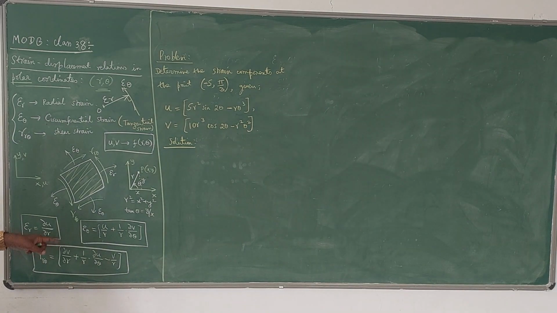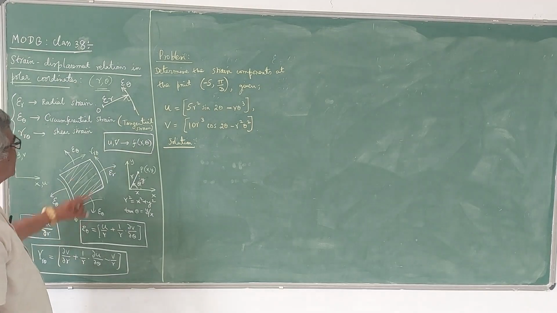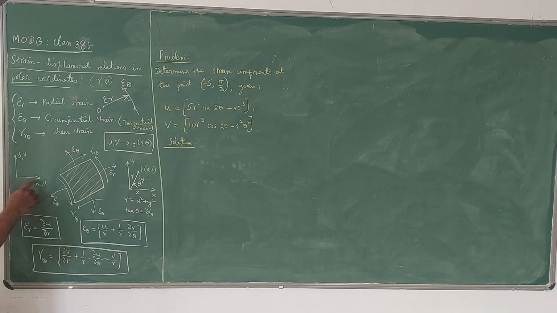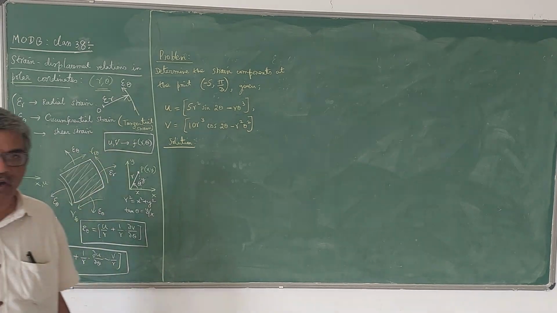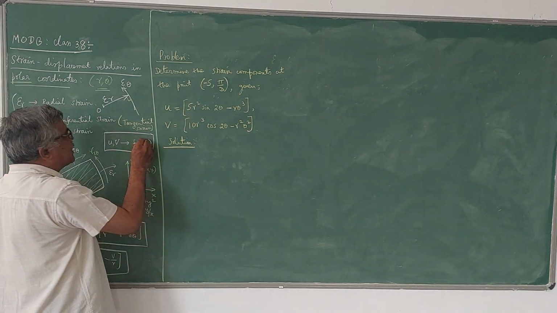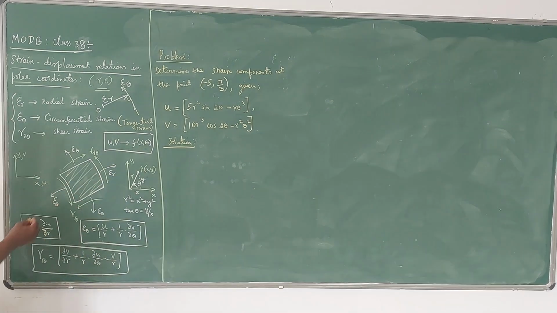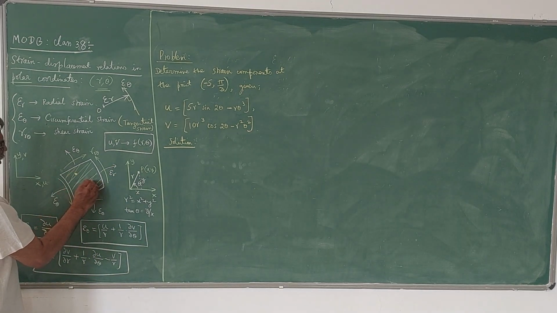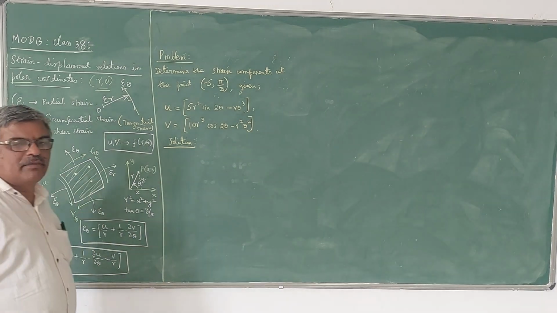Now these are the expressions for the strains in terms of displacements. Here also we are going to take u and v as the displacement components along the x and y directions like this. In this case u and v are functions of r and theta. In Cartesian coordinates they are functions of x, y, z. Here in polar coordinates u and v will be functions of r and theta, because at each point you will have different values of r and theta, and displacements will be different when the element is subjected to